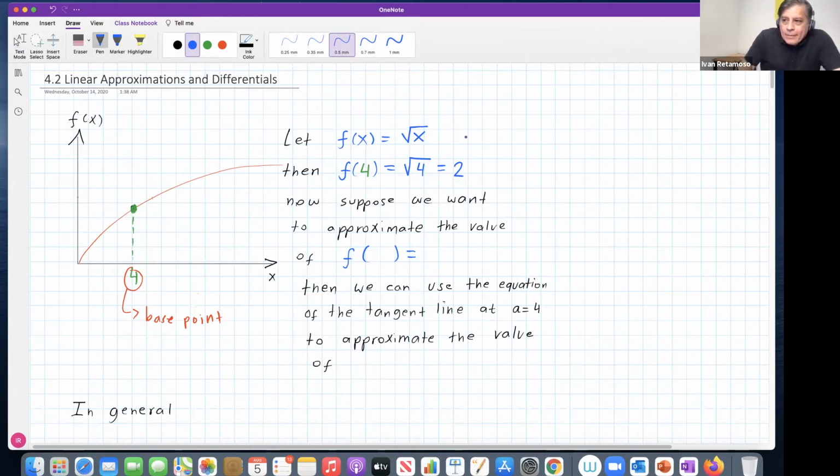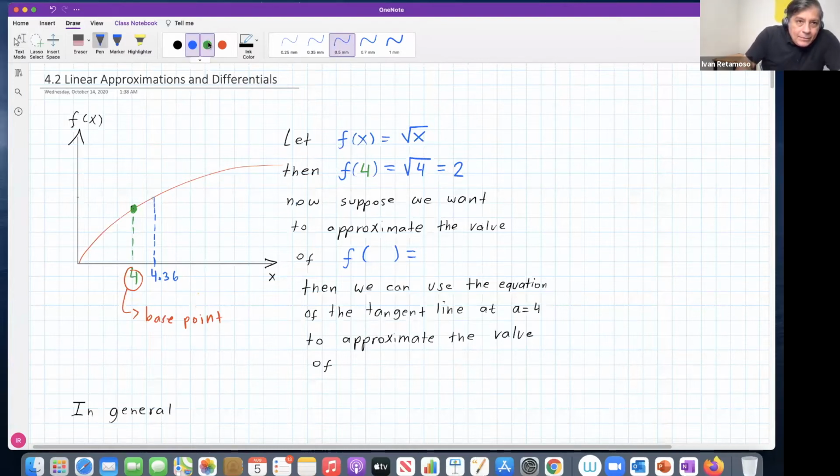But now, suppose we want to approximate the value of f of 4.36. Let's say 4.36. It's close to 4, right? 4.36 is close to this point. So then the approximation should make sense, right? Because